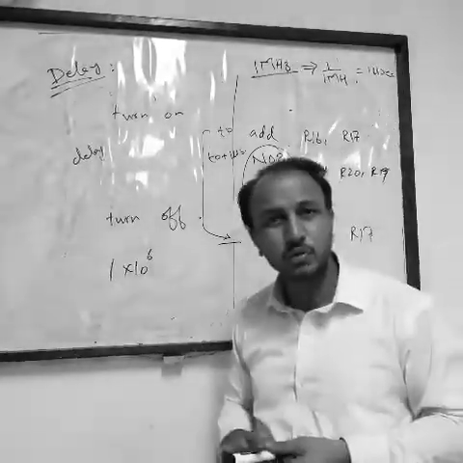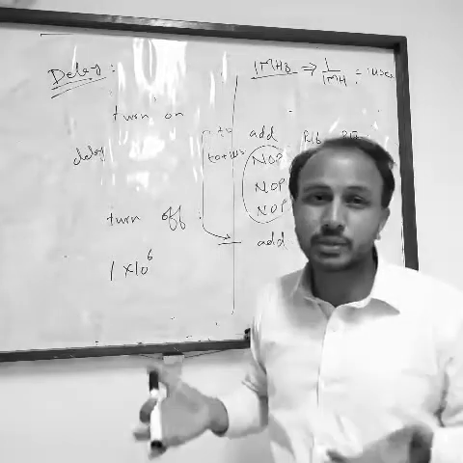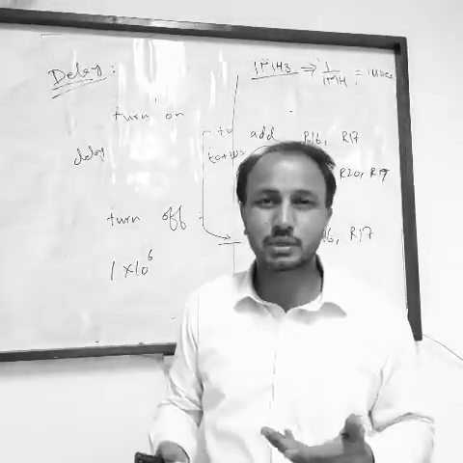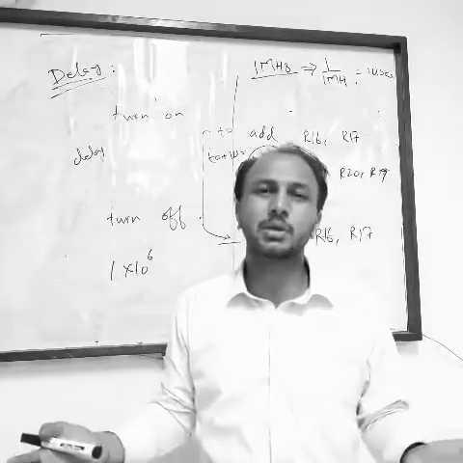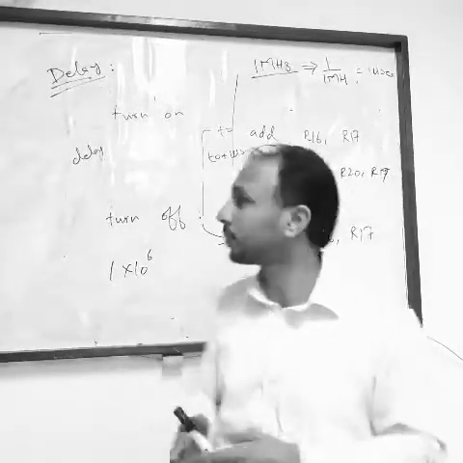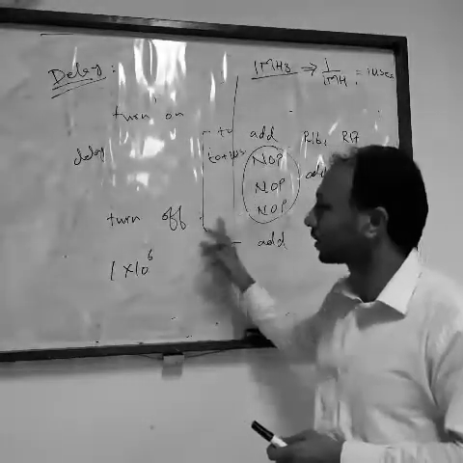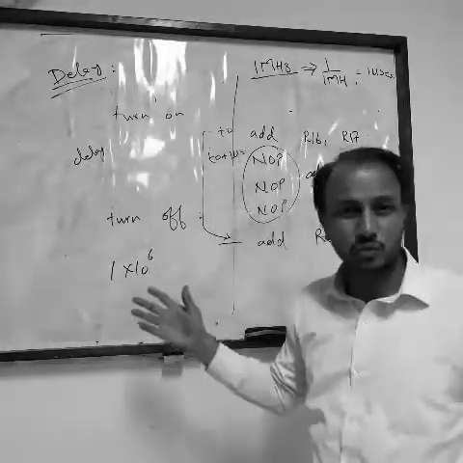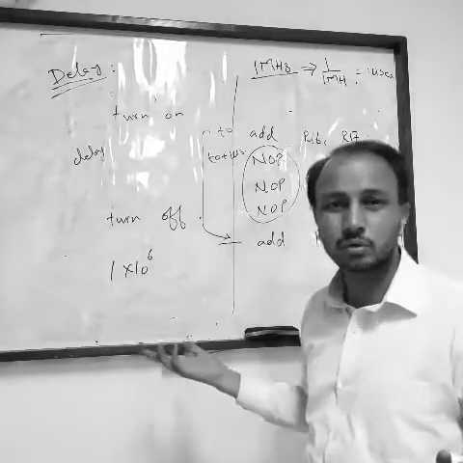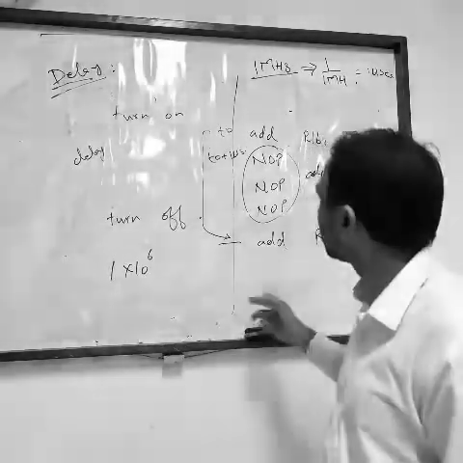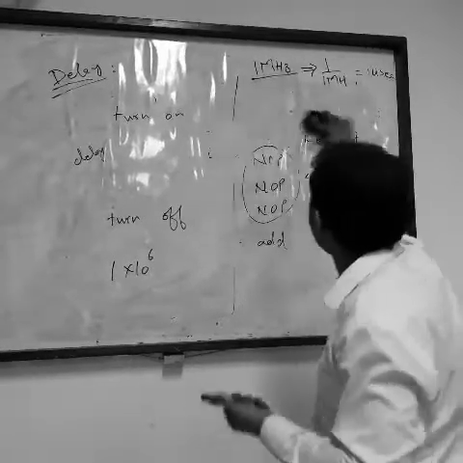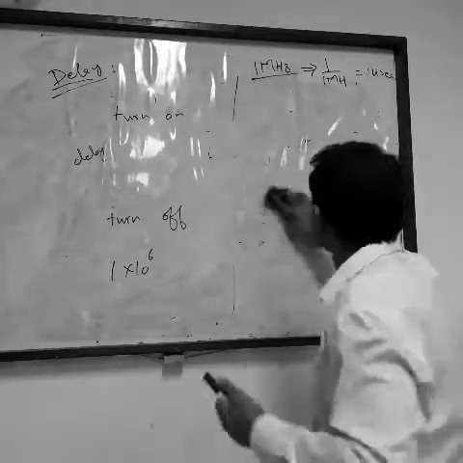Can our processor do this? Our processor might be able to do this. It is able to execute the instructions, yes, but our memory is limited. Our instruction memory will get exhausted if you write this instruction that many times, and you have limited memory. So what can we do? We can use our loops.